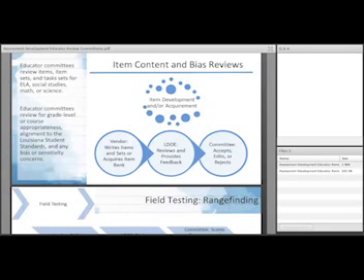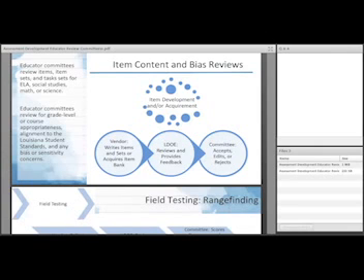From there, the assessment coordinators will apply the feedback and edits they get from the committee. Items that are rejected might go back into a revised pool, where they might be brought to a different committee later after being revised. Sometimes items are just beyond saving and they get rejected and we never see them again, and that's fine too.